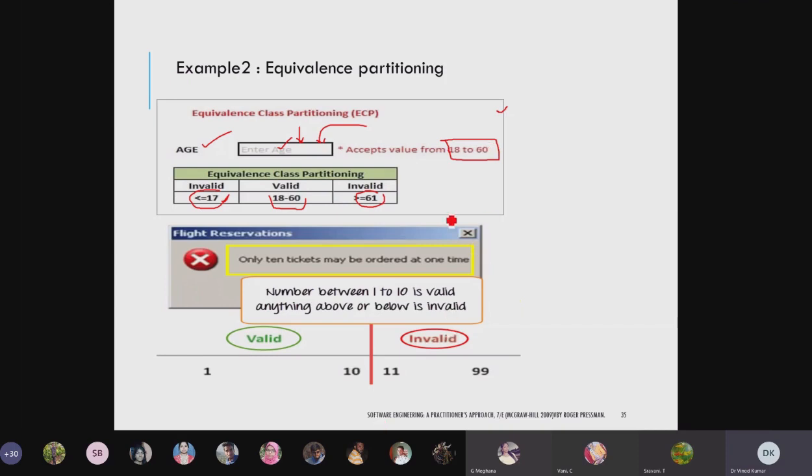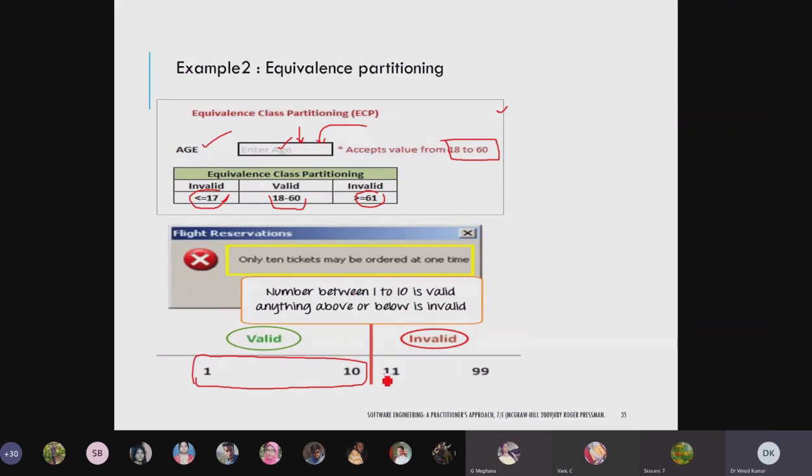You can see the same thing here also. Flight reservation is happening, and a number between 1 to 10 is valid. Anything above or below is invalid. So what is happening? If the number of passengers for booking the ticket ranges from 1 to 10, then the ticket will be booked and the reservation will be done for the flight.